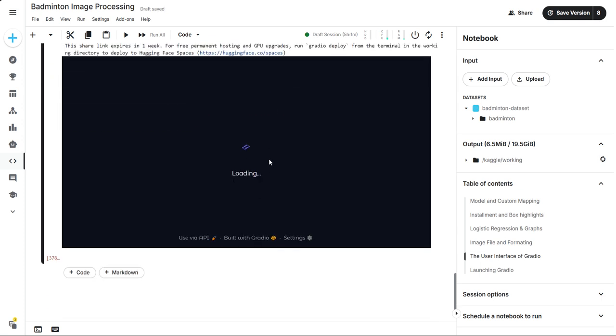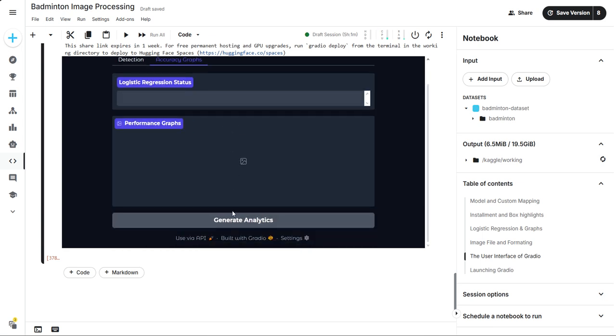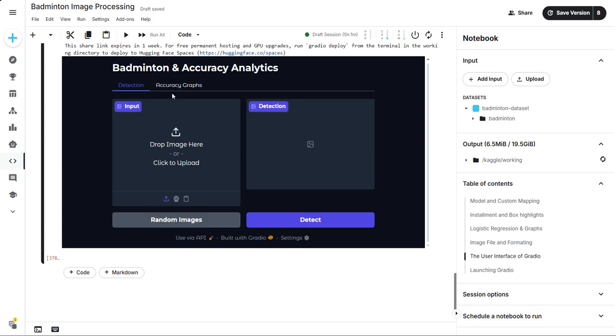Okay, it's loading. Okay, as you can see here, click on the accuracy graph. If we click generate analysis, there's not enough data yet. So it's because we haven't checked or randomized any pictures yet. So if we check here,